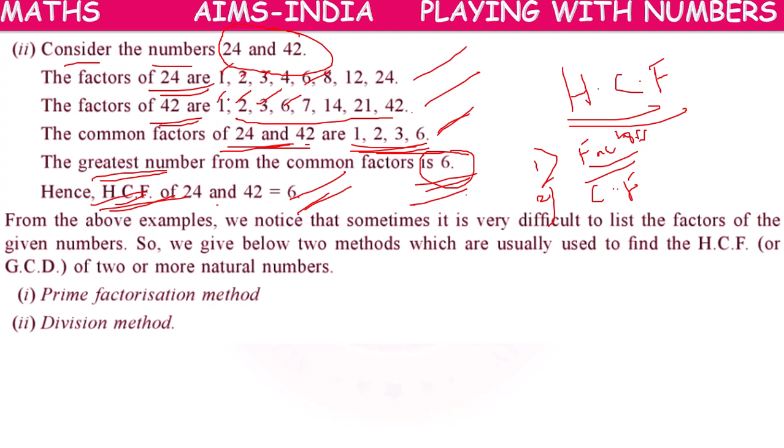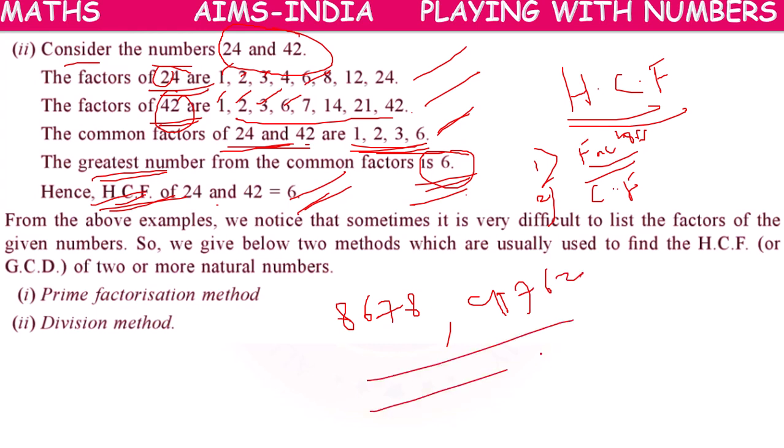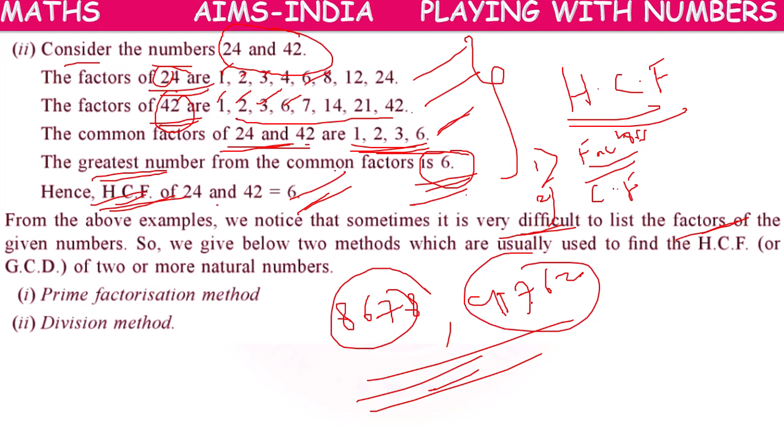But for smaller numbers, we can follow this method. This method is easy. We can simply write the factors and find the common factor. But if we have larger numbers like 8678, 9762, this simple method is not applicable because it will be very difficult to list all the factors of bigger numbers. So mathematicians have developed two methods which are usually used to find HCF or GCD of two or